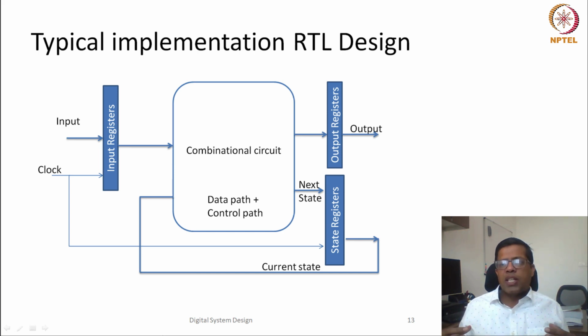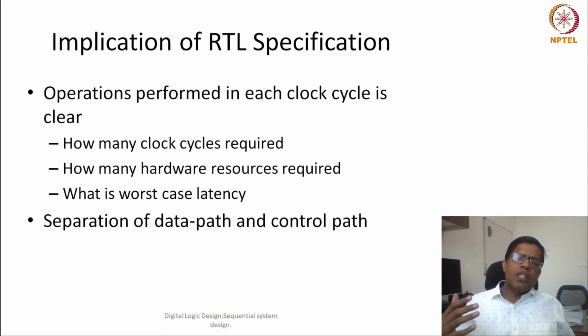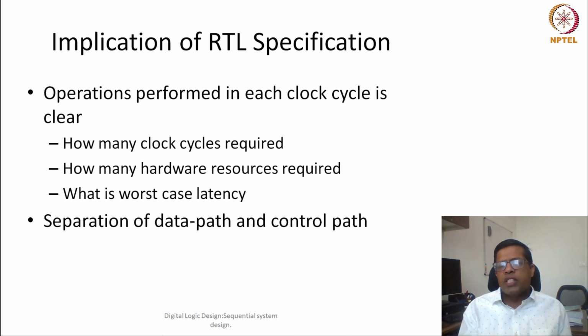So control path is essentially the logic which is controlling the data path operations, which is helping in selection of data path operations in a particular cycle or in a particular state. Maybe these things will get clarified when we try to do a couple of these examples. Okay, so in this register transfer level design, the overall implication is, let's say a design is